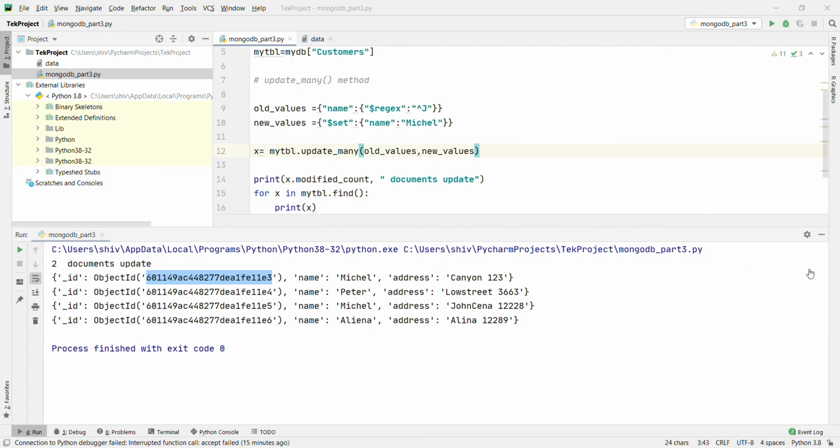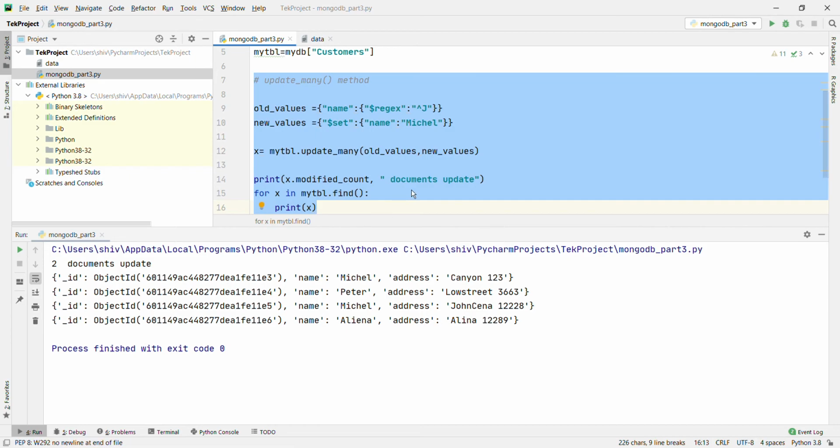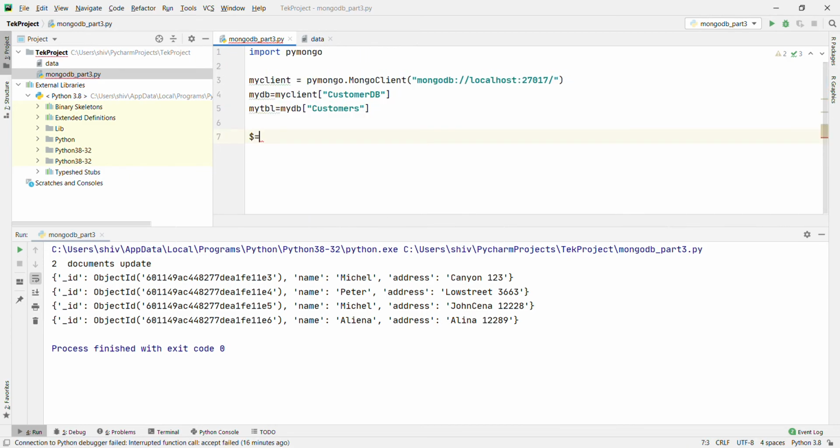Now I am going to show the last one, how we limit the data. Limiting the data means if you want to limit to only 10 records, 20 records, or 50 records, then how we use the limit method in MongoDB. Let's remove all of them. To limit the results in MongoDB, we use the limit method, and the limit method takes only one parameter, a number defining how many documents you want to return.